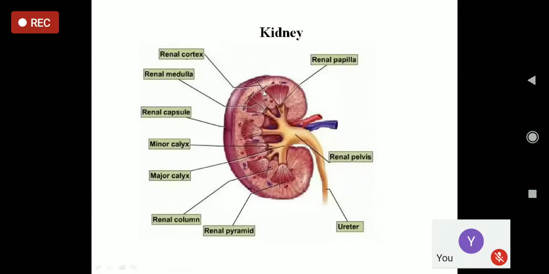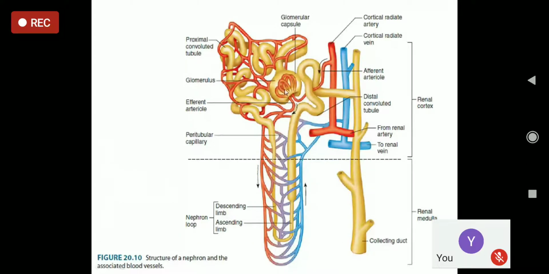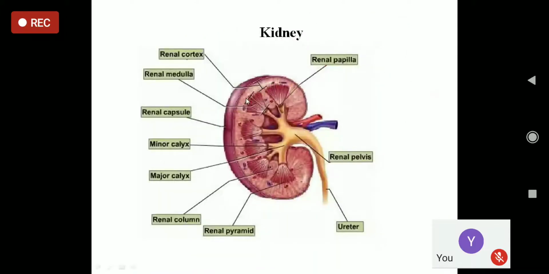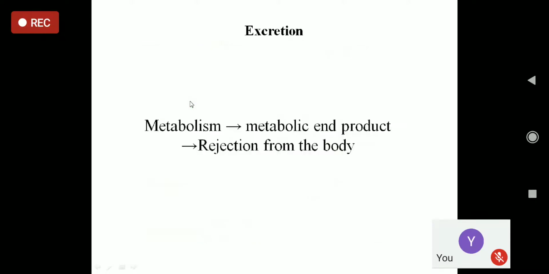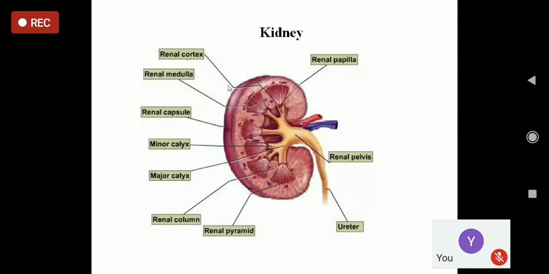Nephron has two portions. One is the Malpighian corpuscle, and another is the tubule, right? The Malpighian corpuscle contains the glomerulus and the glomerular capsule, so here these portions are more. That is why this portion is very dark red, and the tubular portion is here, so it is not so dark red. But both are red in color, right? You know all those things because you have already read in class 11, 12, class 10 also, I think.